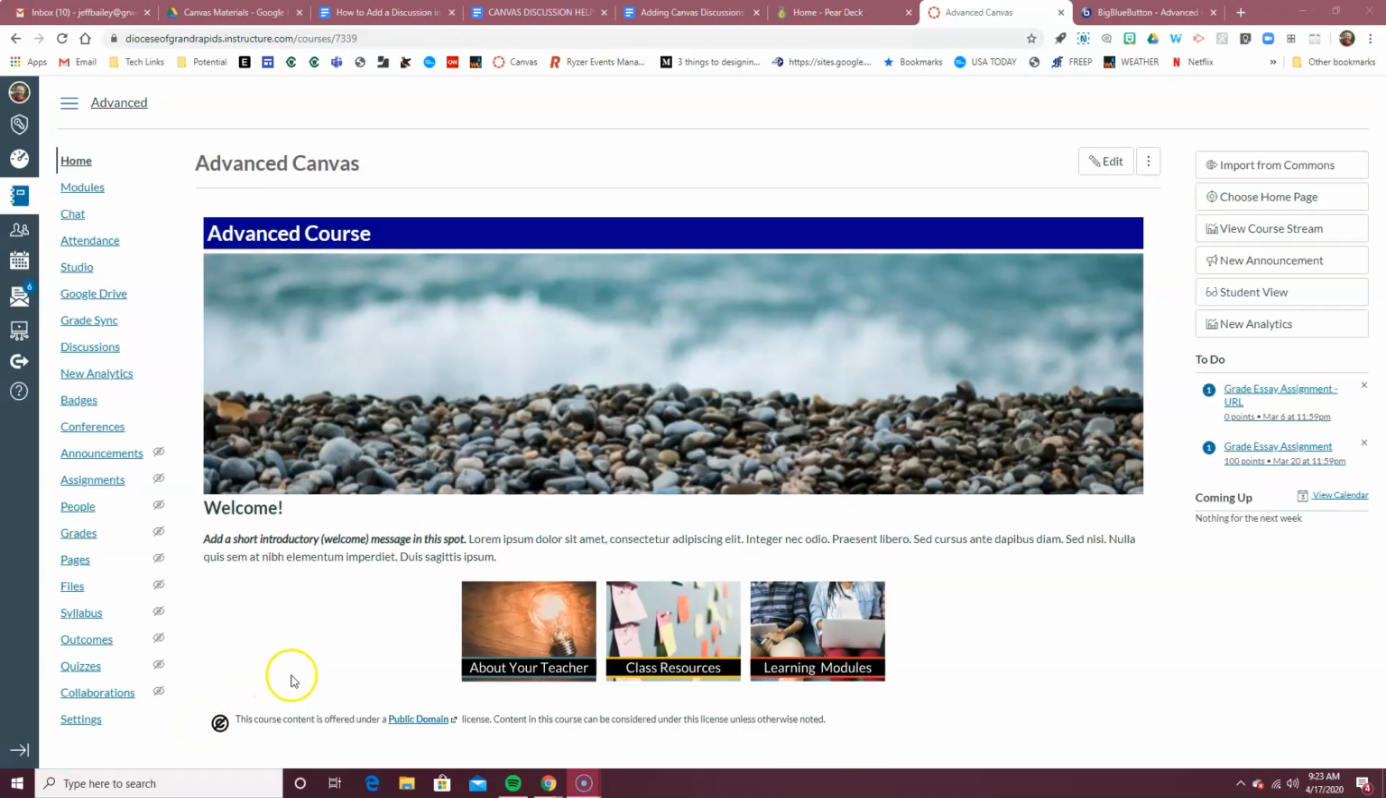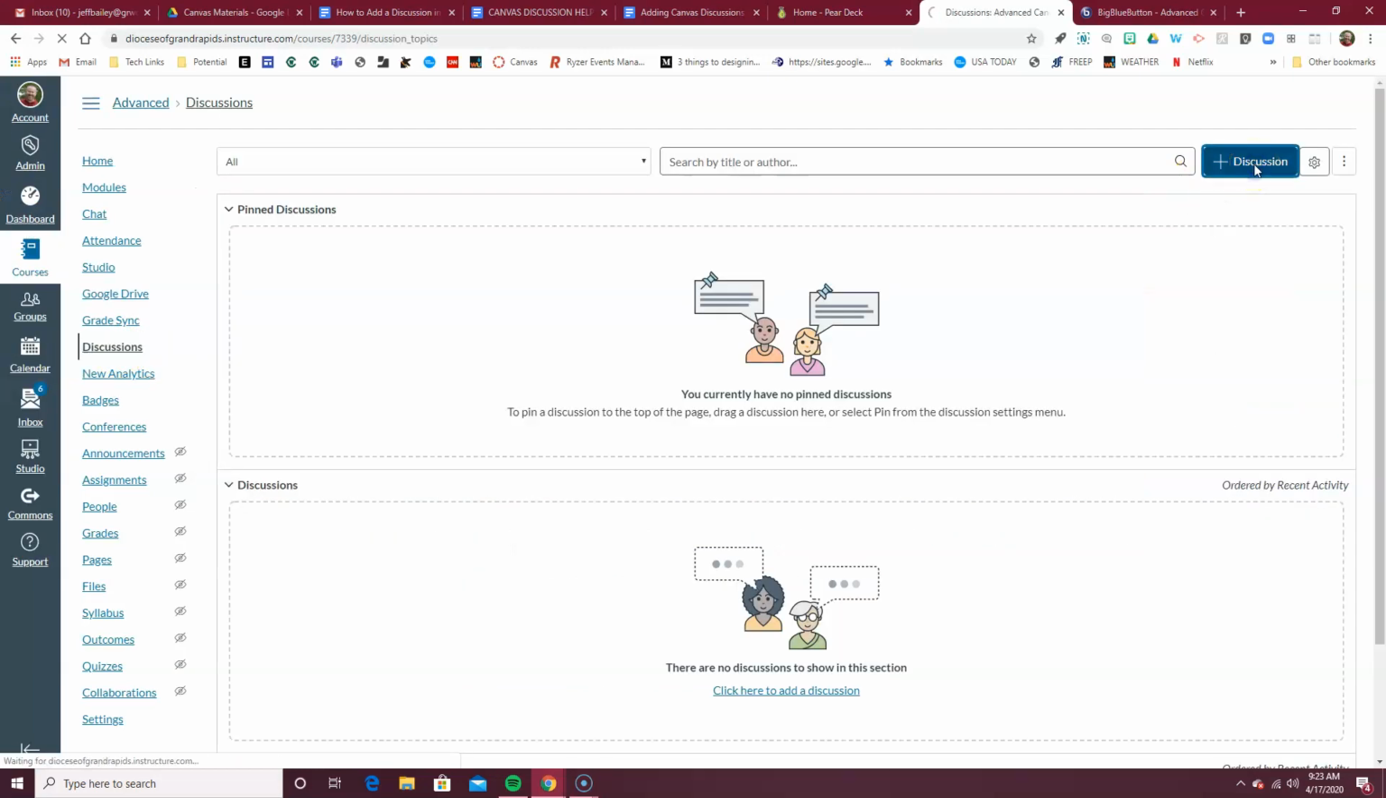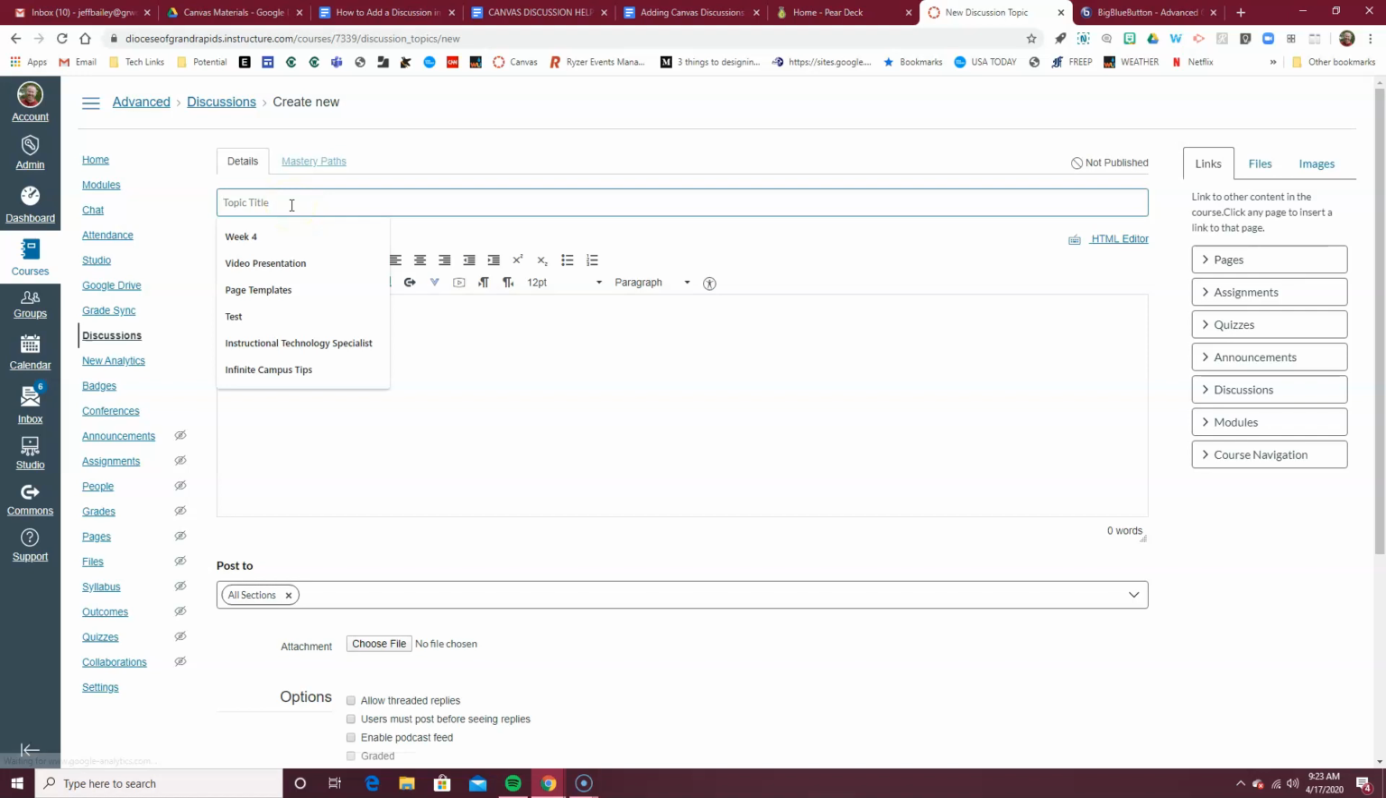Adding a discussion to your class is very simple. You just, on your homepage, go to the navigation menu and select discussions, and then up here you use the blue button to hit discussion. You want to give it a title, discussion topic 1. Here's where you would write your prompt, and I encourage you to tell students how much writing you